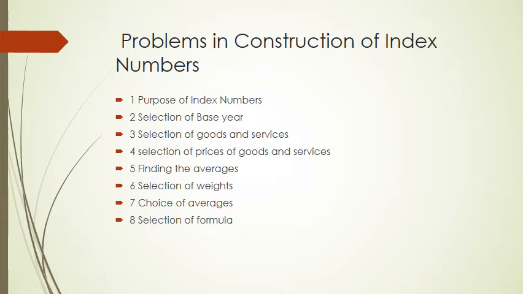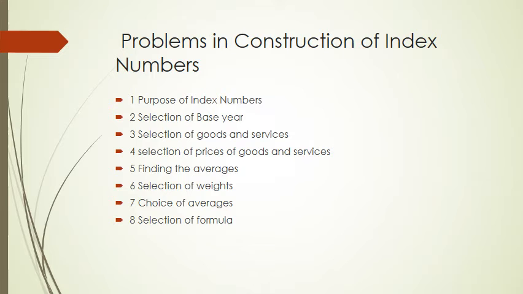For example, if objective is to study the impact of changes in the value of money on consumers, then one should construct consumer price index. On the other hand, if we want to study the impact of change in purchasing power of money on producers, then we shall consider index number on the basis of wholesale prices.